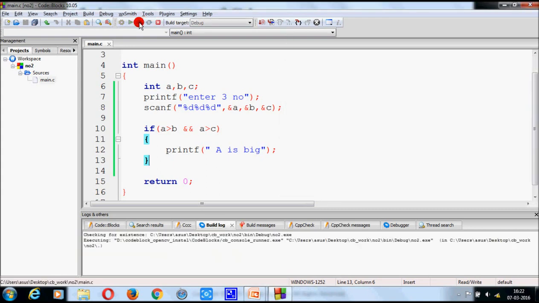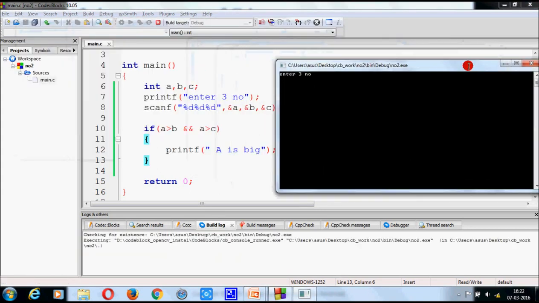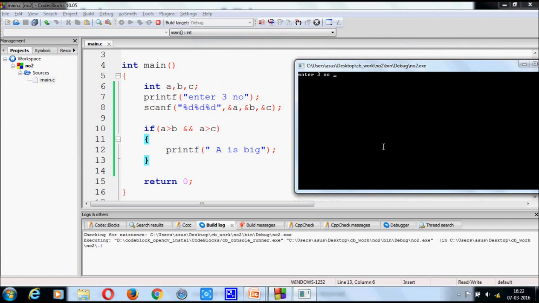Now run it again. Now A greater than B, this condition becomes true, and A greater than C, this condition becomes false. Run this program, you will not get any output.